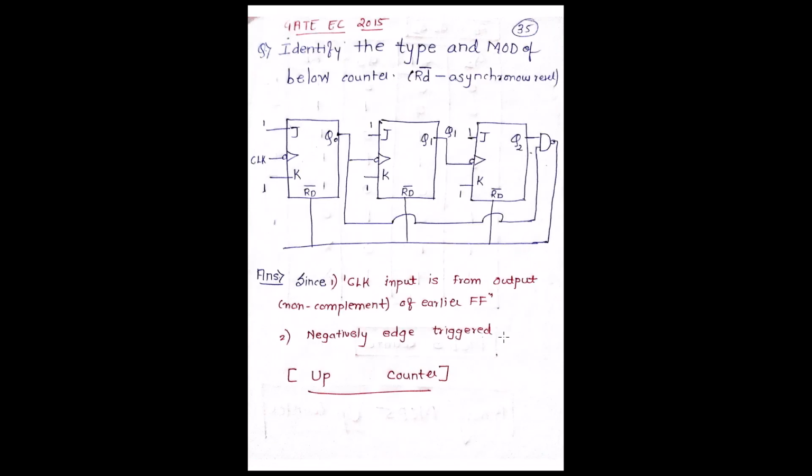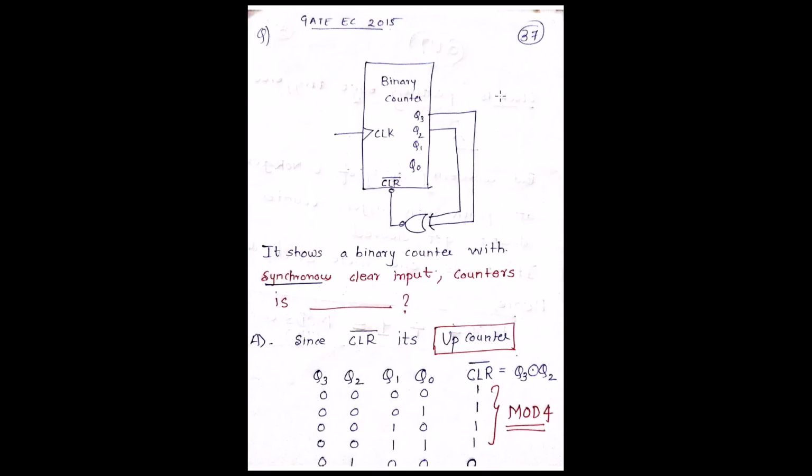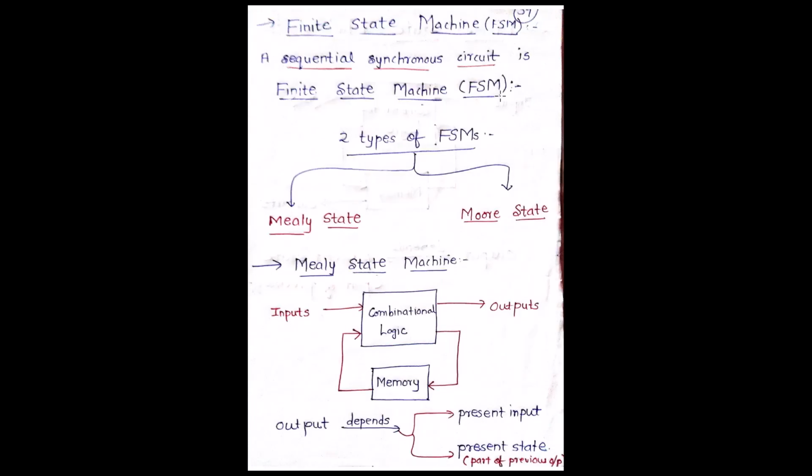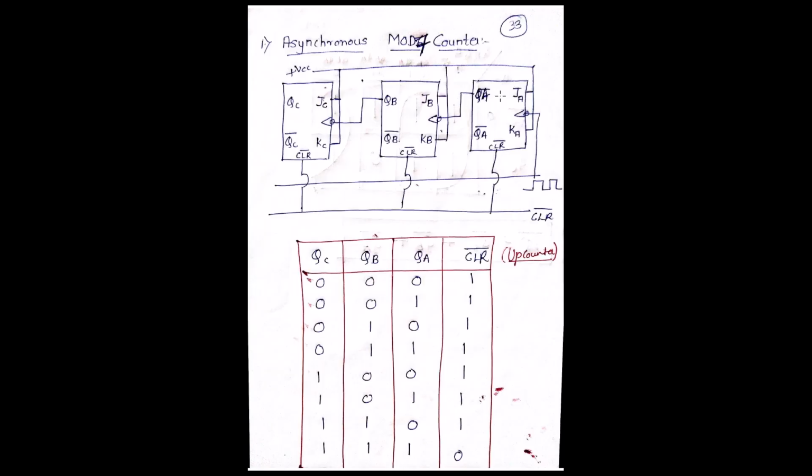Now you can ask a question: even in asynchronous there was this NAND gate, so why have we not considered the delay over there? Because it is an asynchronous counter. In an asynchronous counter, the synchronization between the bit and the clock pulse doesn't matter. But in a synchronous counter, the synchronization of my input bit and the clock does matter. I hope I am very clear with this. Understanding this concept is very important.